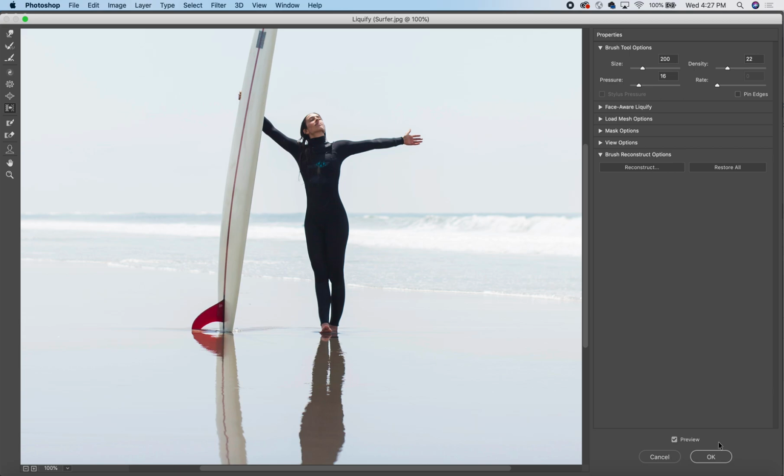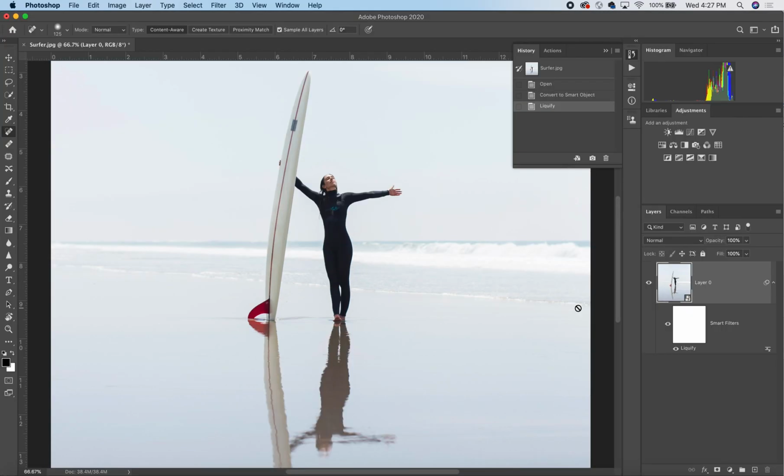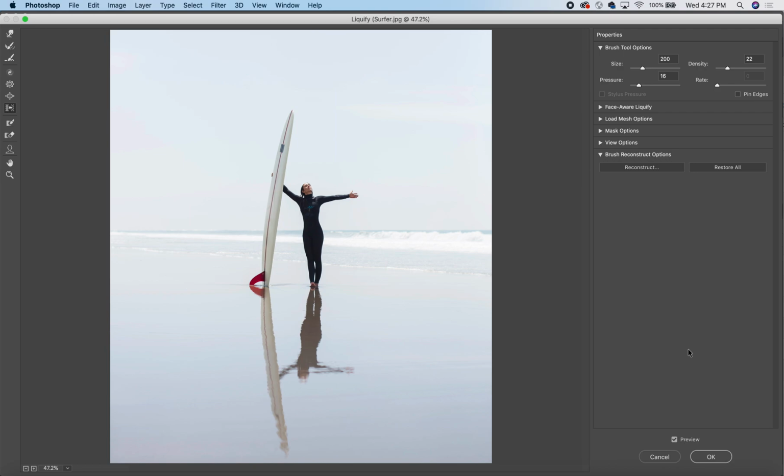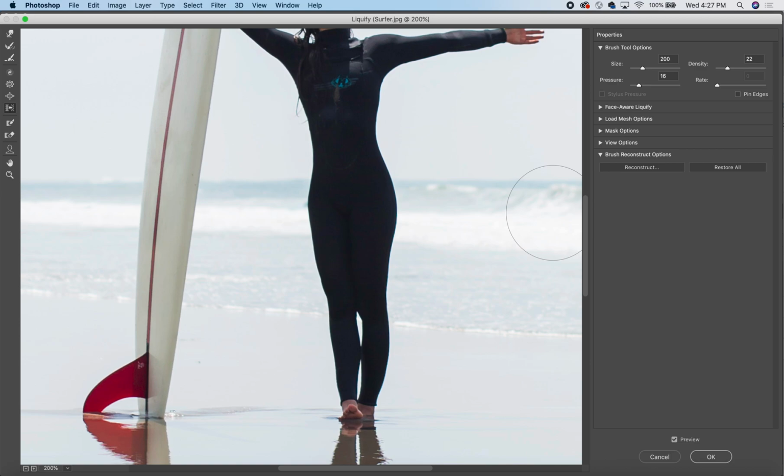So I'll hit OK and just apply those changes. And one of the benefits of a smart filter here is if I take a look at this image and I don't like what I did, but I want to change something with my filter, I can just come over here to the Layers panel and double click on Liquify, and then it'll open up my Liquify dialog box again,